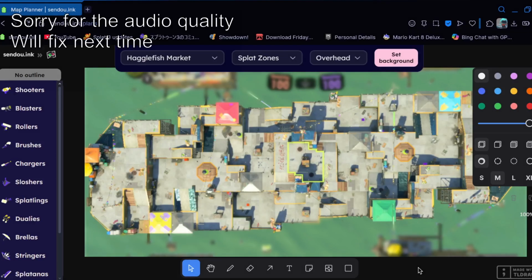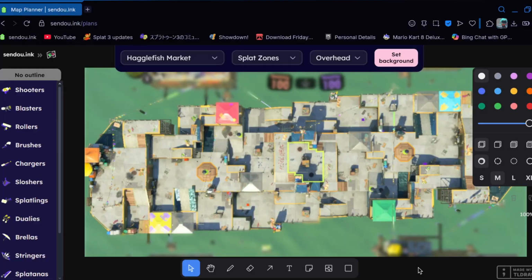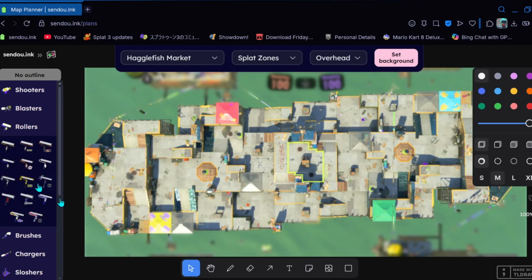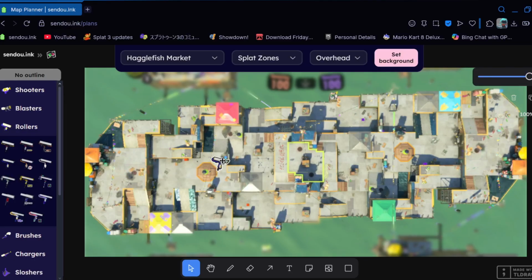I'm a competitive Splatoon coach and analyst, and today I'm going to be talking about potential and active threats and how that affects primarily rollers but also other weapons. So, I know you guys don't have the best attention span, so I'm not going to take too long on this, but pretty much there's this idea that